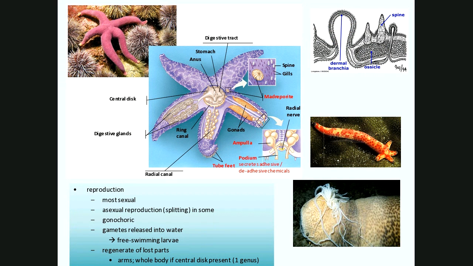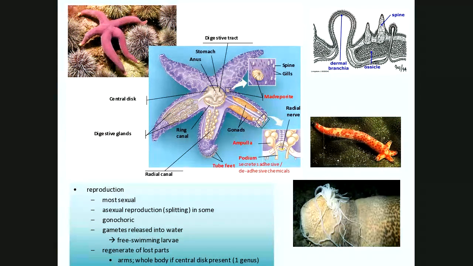All right, so the anatomy of a sea star, we have, as I said, the stomach. The anus is on the aboral surface, so it's on the top. The mouth is on the bottom. On the aboral surface, and I'll show you this in lab, there's also a little madreporite. It's a little area that looks a little different than anything else, and that's where the water pours in for the water vascular system. The gonads and the digestive glands extend down into the radial arms with, again, the rest of the water vascular system as well. Now, in some organisms, the actual tube feet at the end, the podium, the part that sticks, actually secretes an adhesive and a de-adhesive chemical.